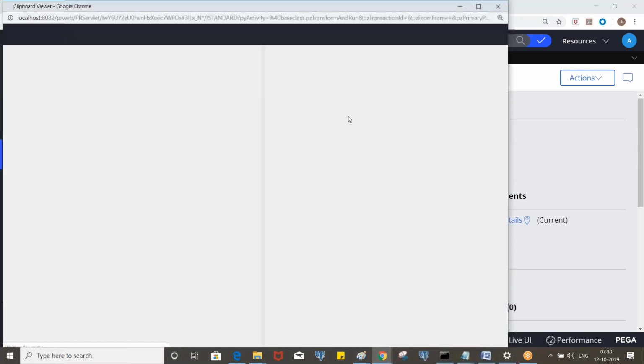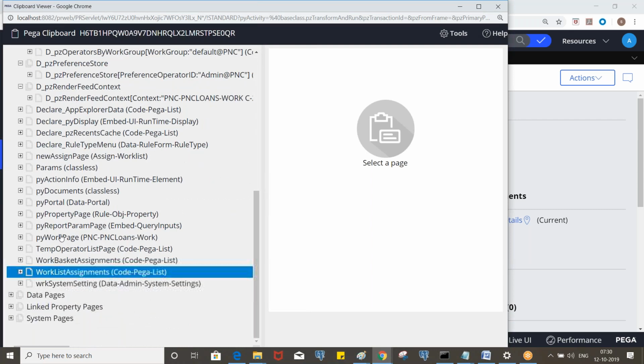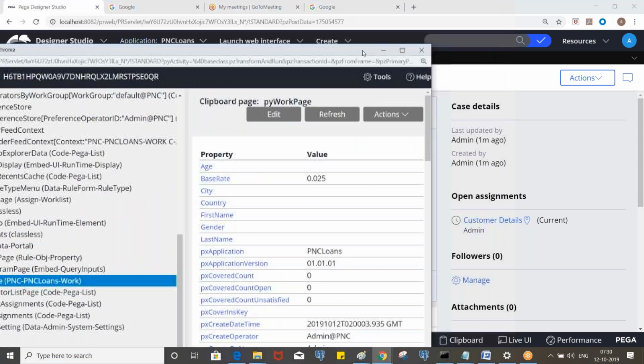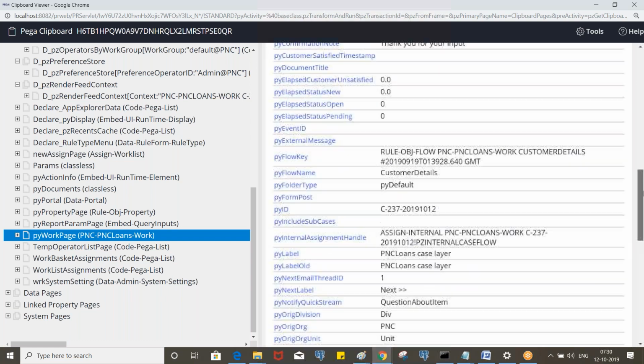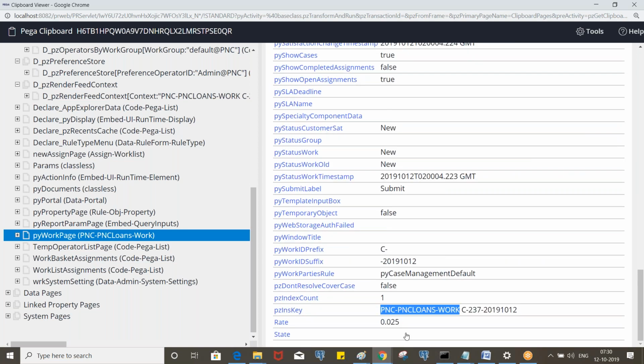Now if we go to the clipboard and observe pyWorkPage, you will find pzInsKey, which is the combination of the class and the primary key value. What is the pyID here? This is the one, C-237 and the date. The pzInsKey is a combination of the instance class and primary key value.